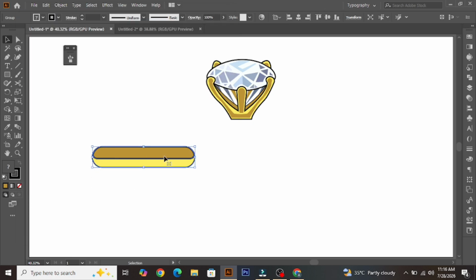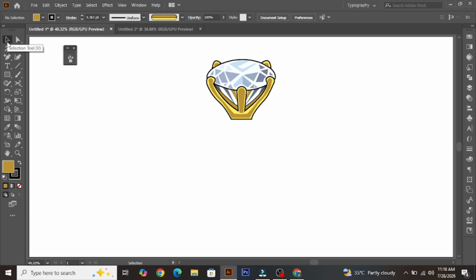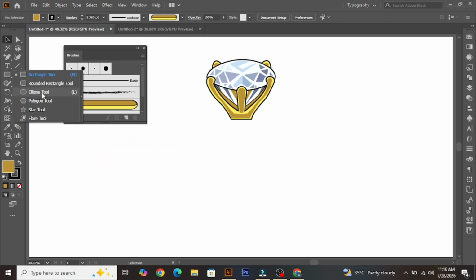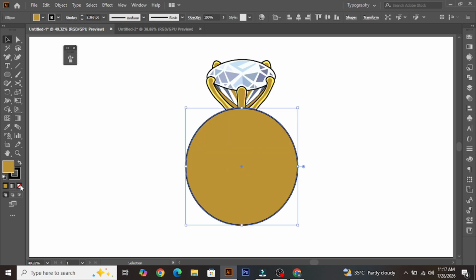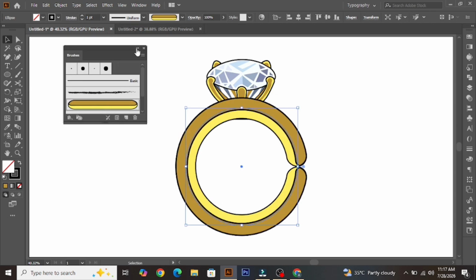Close the brushes tool and also delete the rectangles and go to select circle tool and draw a circle approximately between the ring head and then remove its fill and stroke and then go to brushes tool and click on the new brush and